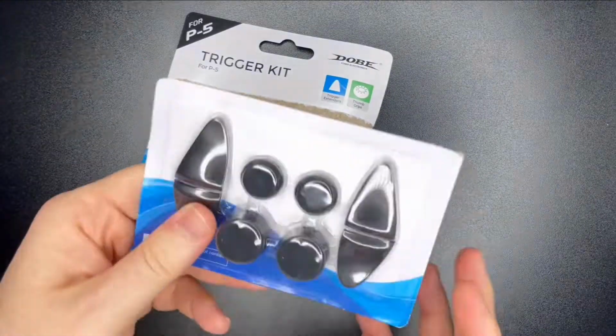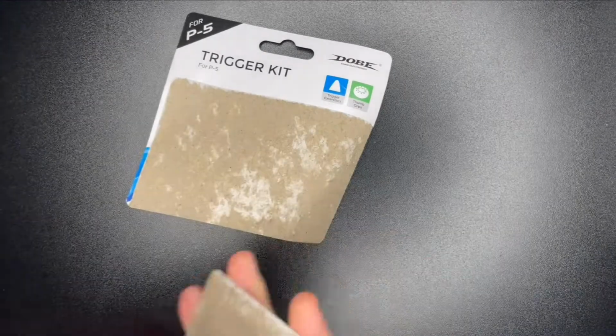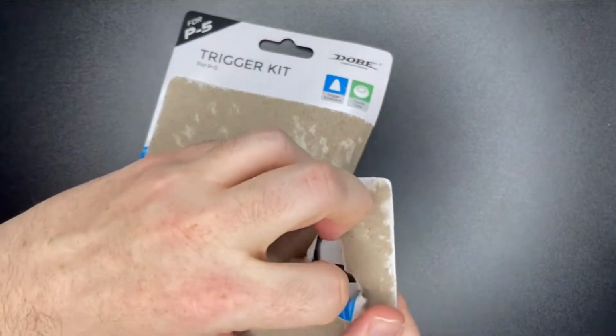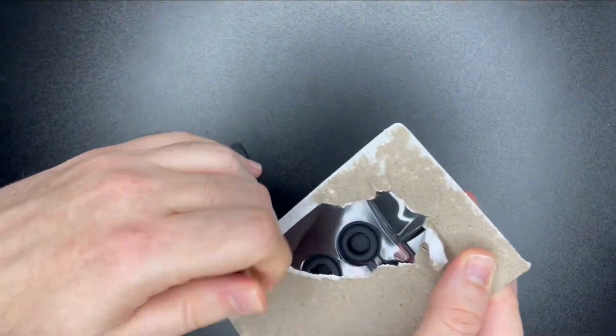I always have such a hard time getting these things open, by the way, because usually what ends up happening is this. So I have to go get something sharp, but I have come prepared, and I can go ahead and rip these open for you here, and we'll pull everything out and take a look at it together. We'll get that out of the way, and we'll just keep opening and pulling and